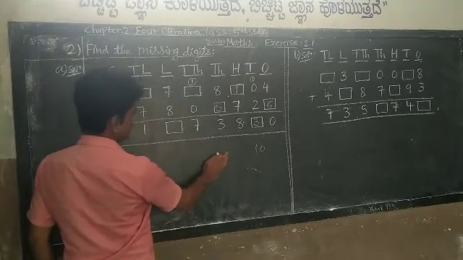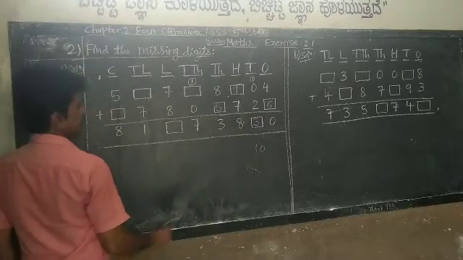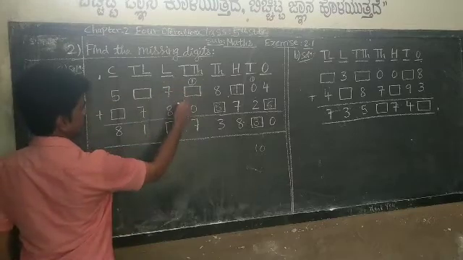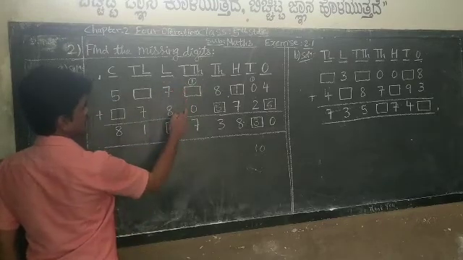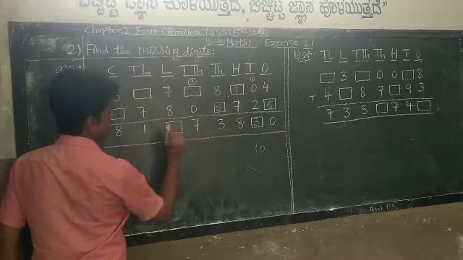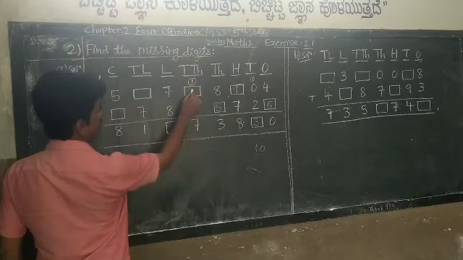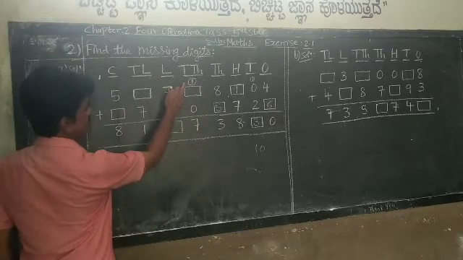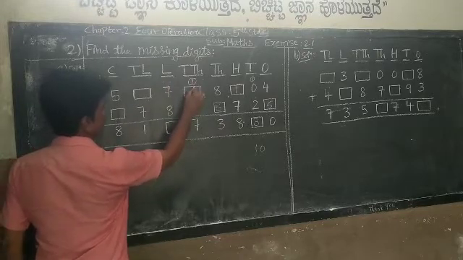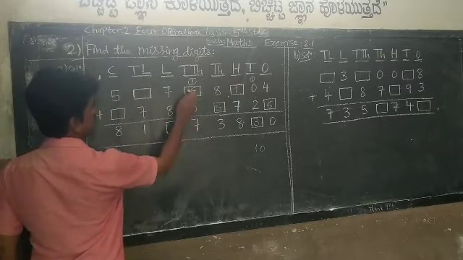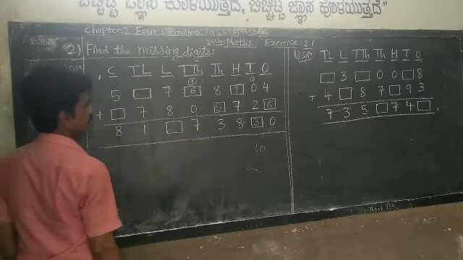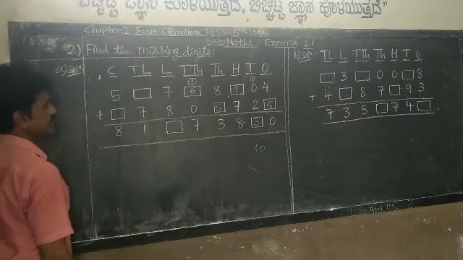So 3 is already existing there. When you put 5, 8 plus 5, that will be 1 carry. Next, go for 10,000s place. What are the numbers here? 1 plus dash is there, 0 is there. But answer is 7 here. To get 7 here, what number you have to put? Already 1 is there. To get 7, you have to put 6. So when you put 6 here, 1 plus 6, 7. 7 plus 0, 7. This is how you have to write the missing numbers.